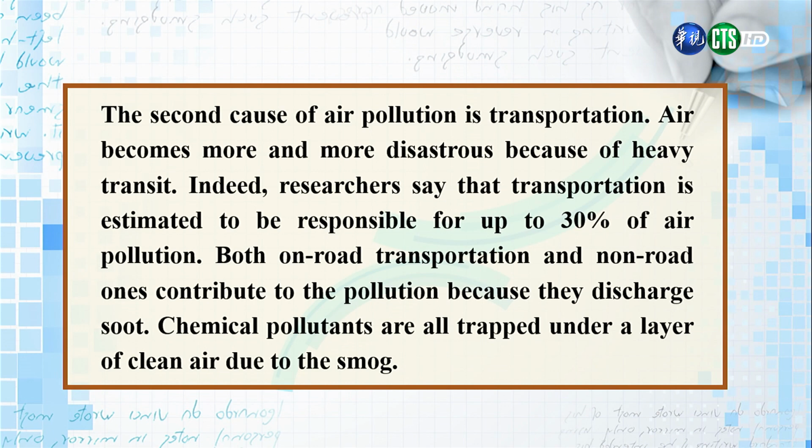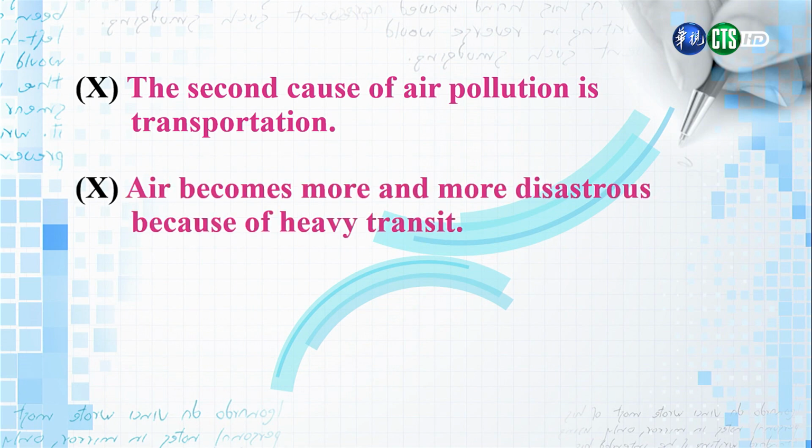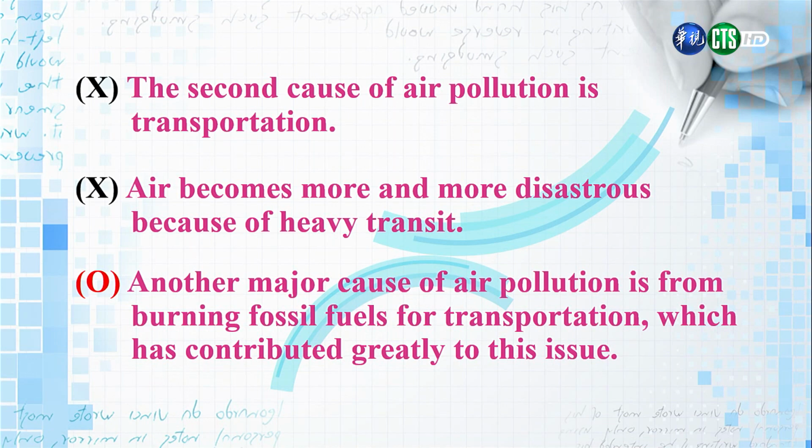And the first sentence is a very clear topic sentence, but I would change it a bit. Also, the second sentence needs a lot of work. I would have combined the first 2 sentences to another major cause of air pollution is from burning fossil fuels for transportation, which has contributed greatly to this issue. 那这里的这个第一个句子呢，是一个很清楚的主题句。那同学他是把它稍微改正一点点，把第二个句子呢跟这个第一个句子把它合并，改写成我们目前改写的这个句子，然后再加上一个 which 的后面呢就是一个形容词子句，which 代替的呢是前面这个 burning fossil fuels for transportation，也就是这个交通工具燃烧了石化燃料。